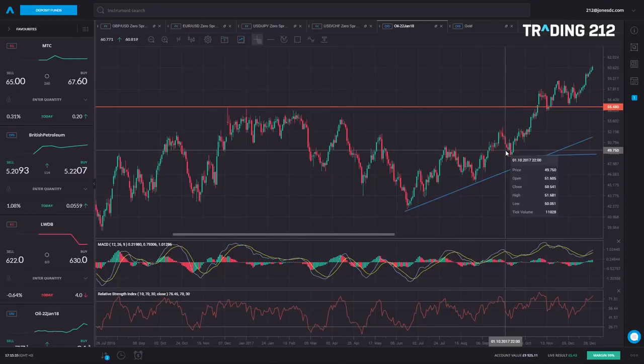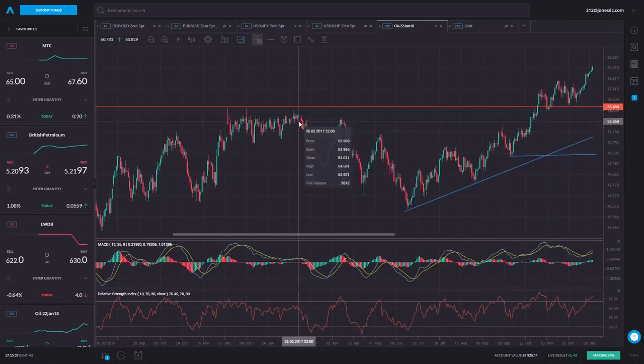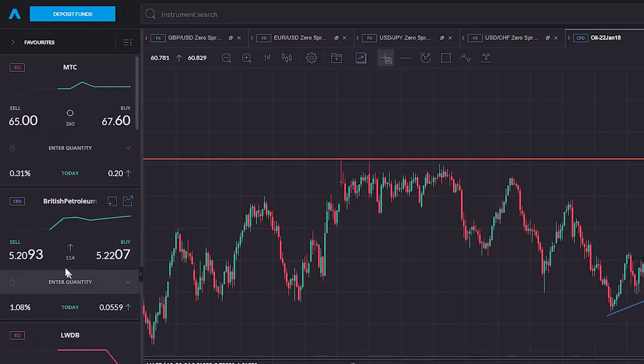So we're on the trading platform, and I thought to start things off, let's just stick with UK shares. Let's take a look at this one. British Petroleum. You can see there's a sell price, there's a buy price. It's a big company, sees lots of volume during the day, so you'd normally expect to see a tight spread. And that's what we've got. If you're a seller, you're selling at around about 521. If you're a buyer, you're buying around about 522. So the spread is typically, in this example, while we're looking at the market, a fraction over a penny, because it sees lots of volume throughout the day.